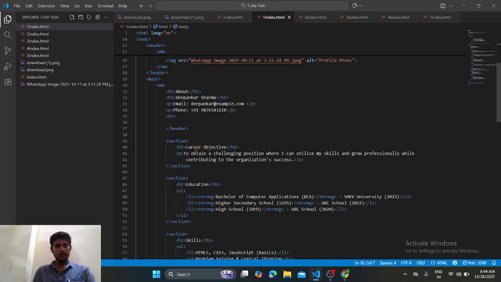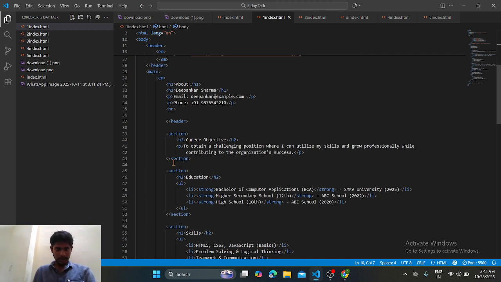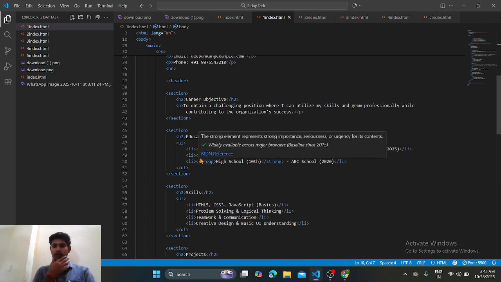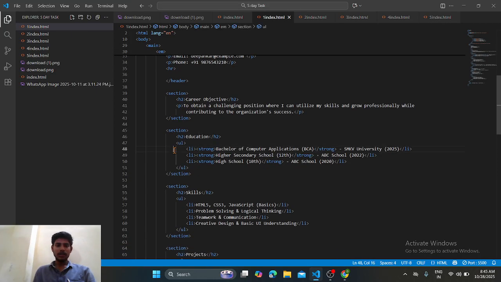This is also not styled in CSS, it's like an element and also a container. So, section closing tag. Strong we are using for the importance of a word. Like in the strong tag I use this bachelor of computer application, it means it becomes bold and darker.